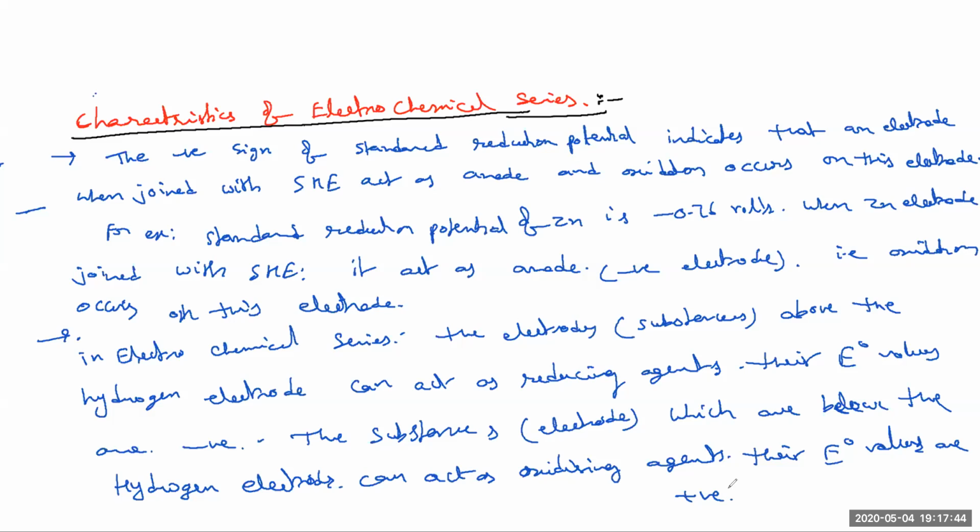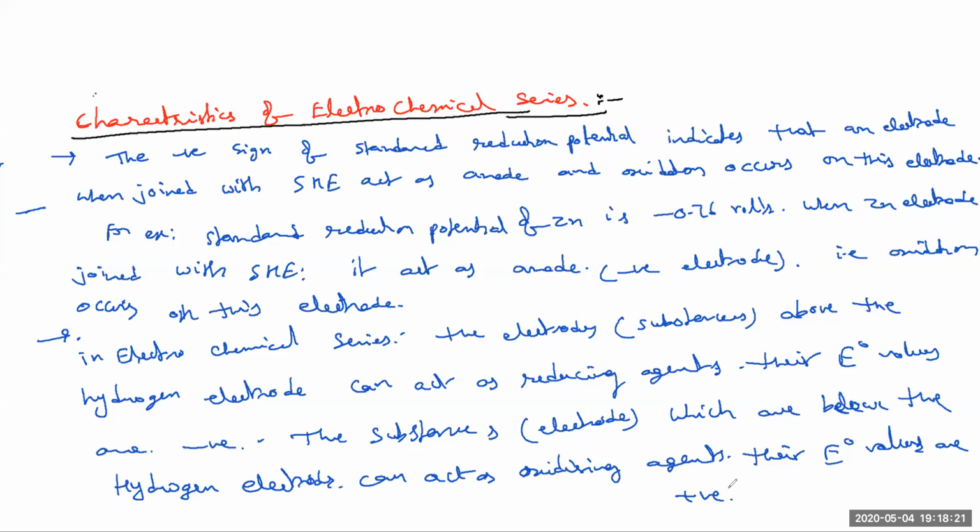Try to understand now. Why are we always saying SHE? Because this is the reference electrode to measure the E naught values using this only. So with respect to this only we are discussing. Suppose the galvanic cell is constructed by two electrodes, both above hydrogen or both below hydrogen. It is not a matter now; then again IUPAC rules will come. I will explain next which one is oxidation, which one is reduction. Now with respect to hydrogen only, I'm saying now.